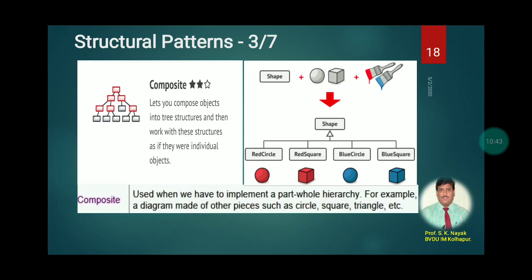So in the composite design pattern we implement that tree structure, and every object is placed in that tree, with parent nodes and child nodes. We can have n number of objects placed in a tree structural design. This is one type of pattern under structural design patterns.